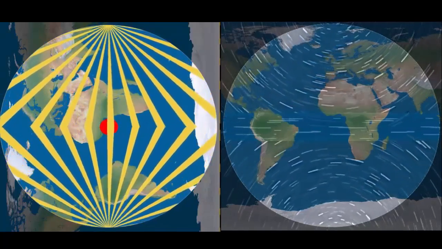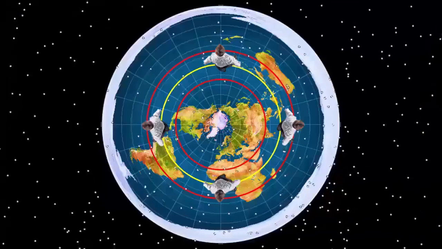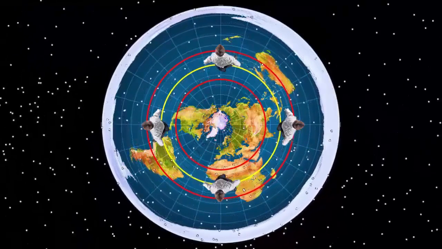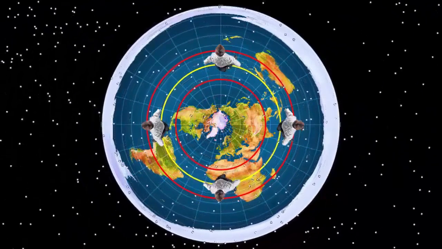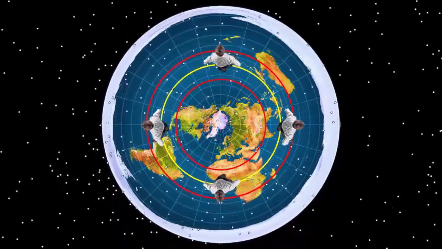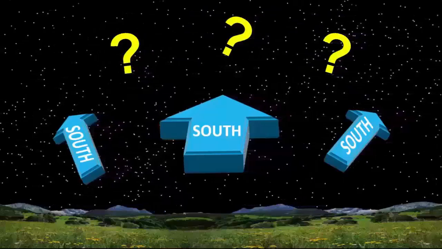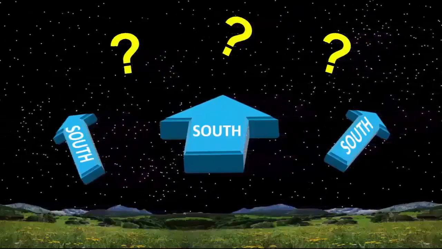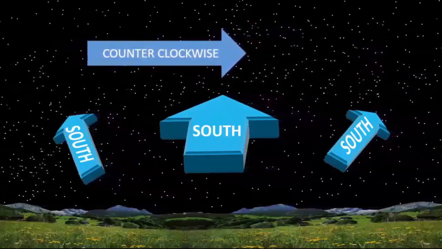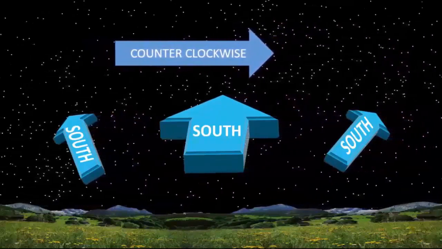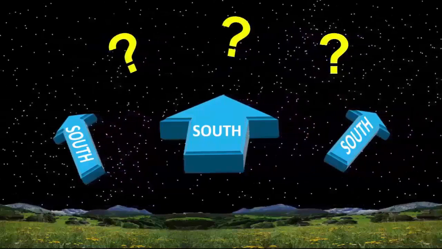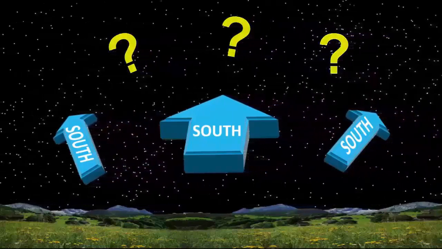Here's a commonly asked question, or a point brought up frequently by the flat earth debunkers. If all the stars are rotating counterclockwise around a northern celestial center, wouldn't the stars, viewed from the equator, looking out south, appear to drift left or right, counterclockwise, parallel to the ground, continuing the rotation that we see around Polaris in the north? Wouldn't we in fact expect to see that, right? And that's what a lot of people ask.